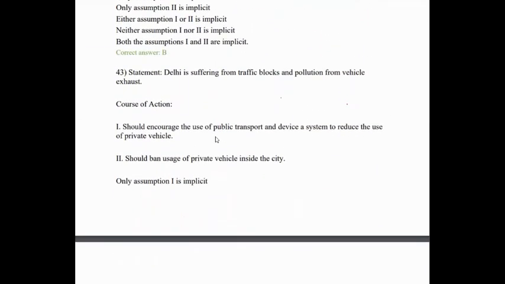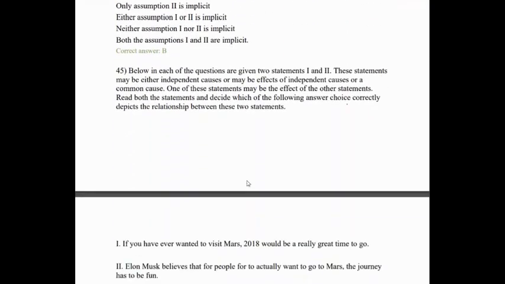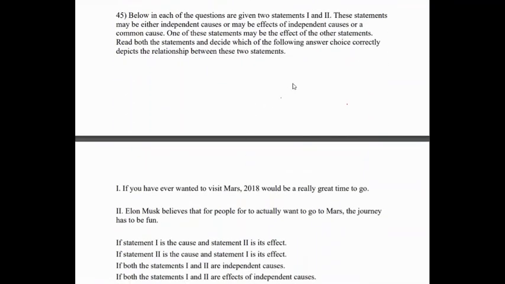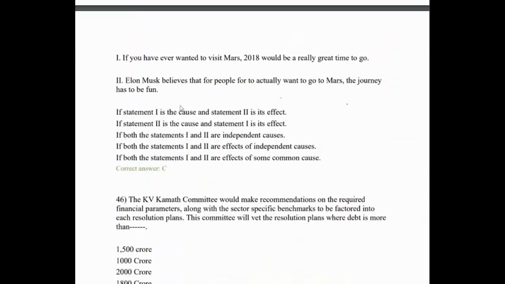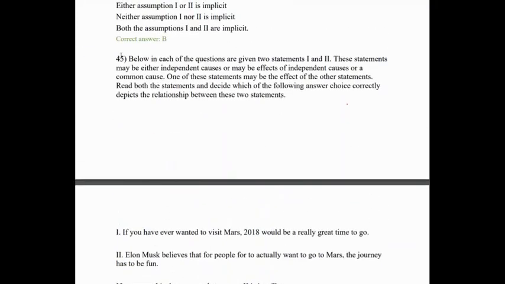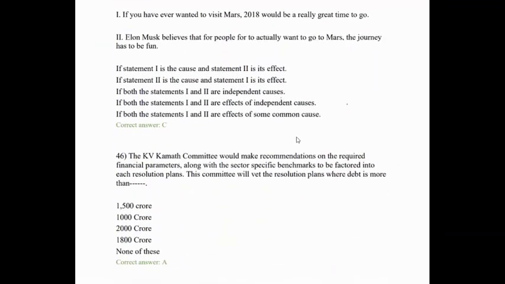This is also an assumption question. There are 3 assumption questions, and the 4th one is also an assumption question. Next, this is with respect to relationship. If statement 1 is the cause and effect, you need to know what will be the cause for this statement and what will be the effect of that statement. Till question 45, reasoning is present. Now from 46